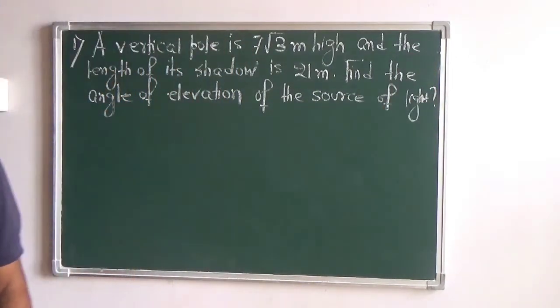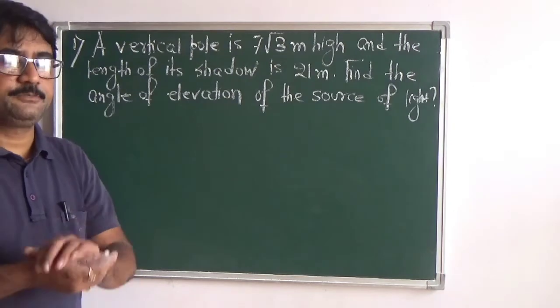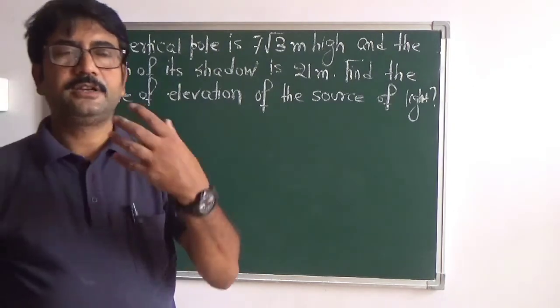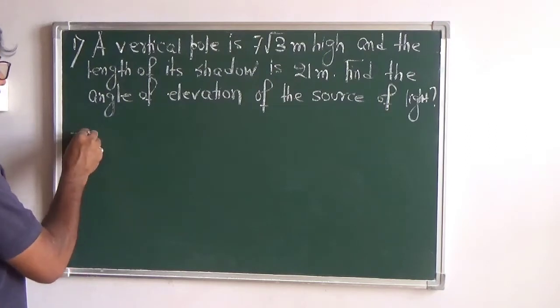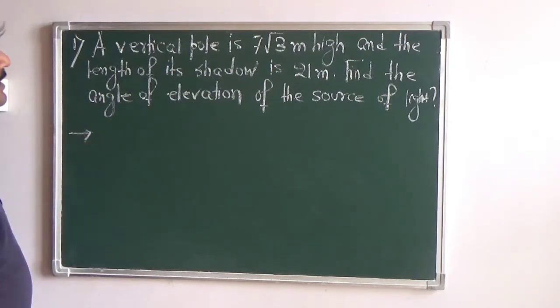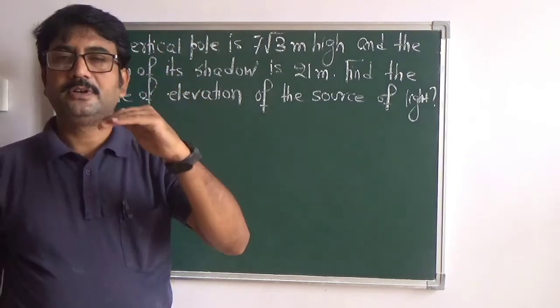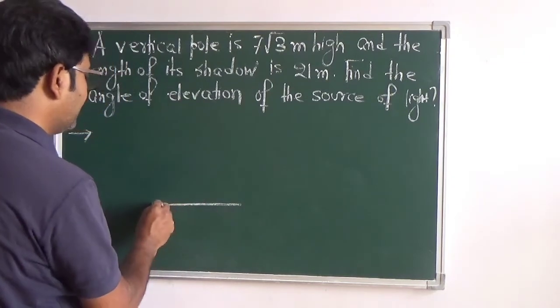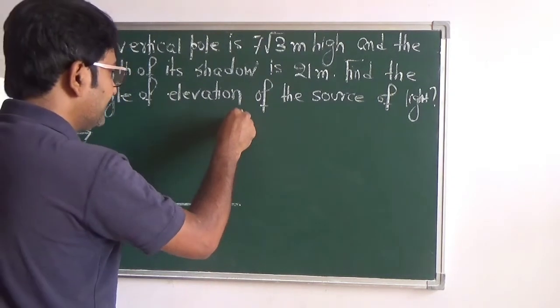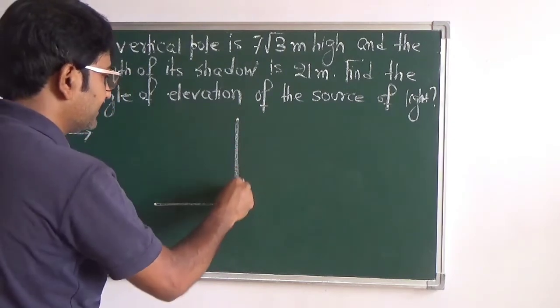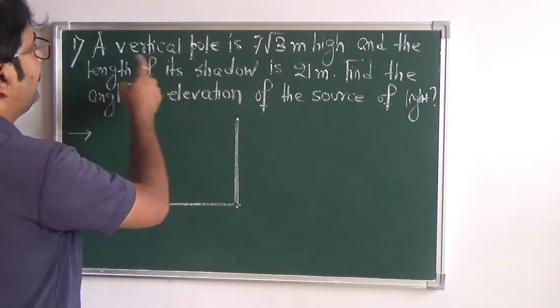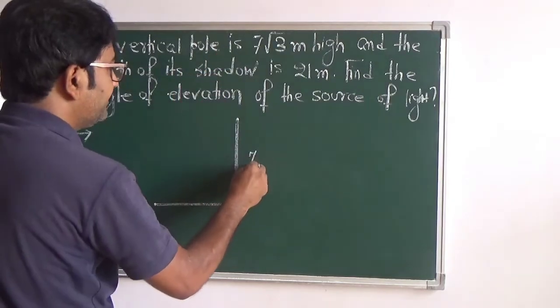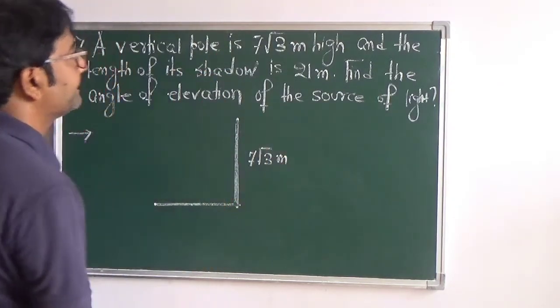In the beginning we have already mentioned that trigonometry is basically based on a right angle triangle. So here also we will be concerned with the construction of a right angle triangle under the given condition in the question. First of all, it is given a vertical pole, and obviously the vertical pole has to stand on the ground level. So beforehand you can simply draw the horizontal. This is the horizontal, and the pole is standing on the horizontal. Now it is said a vertical pole is 7√3 meters high. So this is the pole and its height is 7√3 meters.